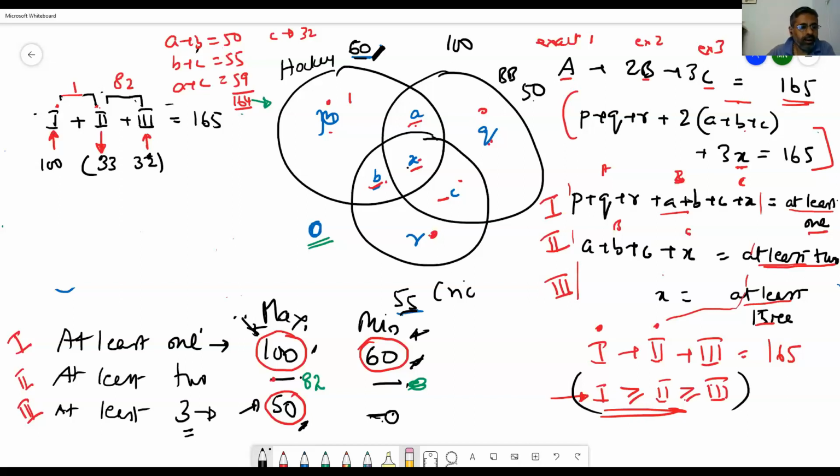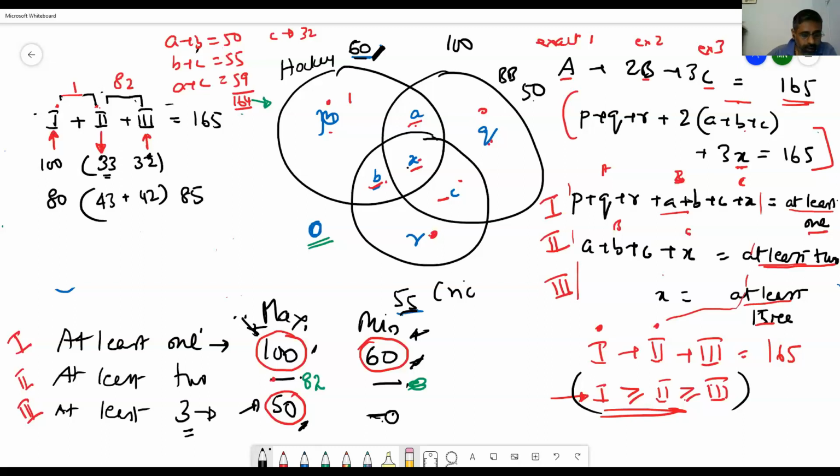Why? Because if you take a value, let's say 80 here, what happens? These two put together should be how much? Total should be 85, isn't it? If I am taking 85 as the sum of these, then the best possible can only be 43 and 42, isn't it? Because these two definitely have to be more than this. So 33 seems to be the lower value.